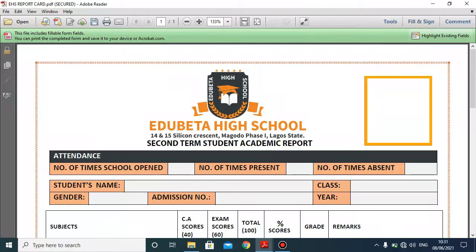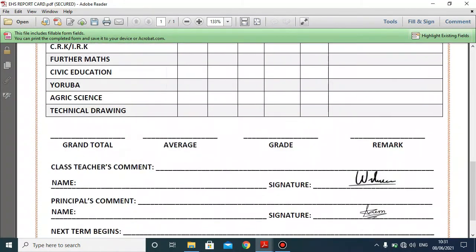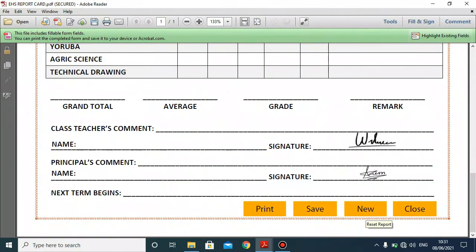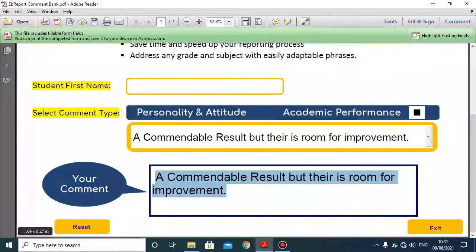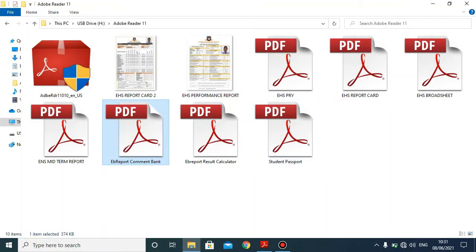Actually, if you have 50 students in a class, you have 100 students, you have 20, you have 30, whichever the number, all you just have to do is click, create, save, and create another one. So I'm just gonna close this and reset, and that's it. So I want to show you